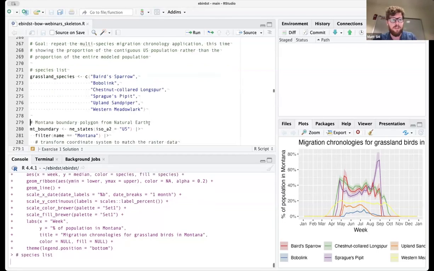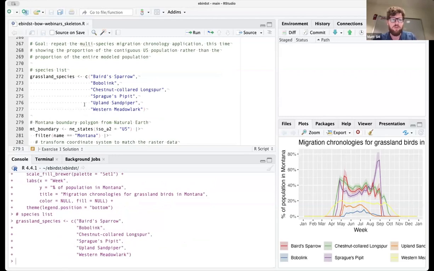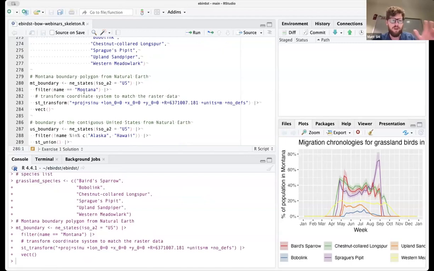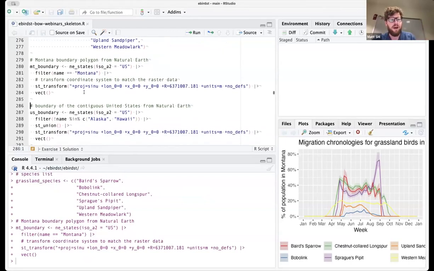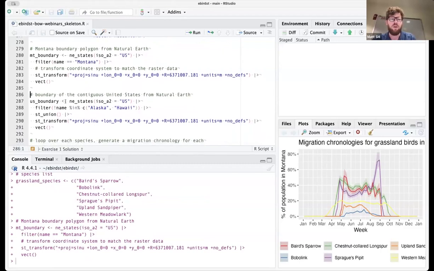Then we'll see how that changes when we adjust it to be the proportion of the US population. It's the same set of grassland species that we worked with before, and this is just loading the Montana boundary, also that we worked with before. But now the new piece is that I'm also going to load a boundary of the US.